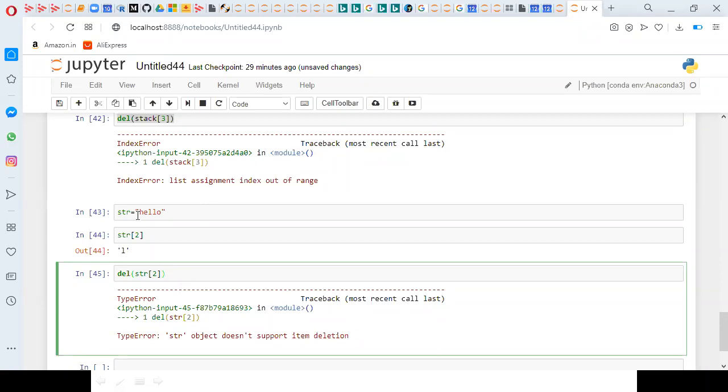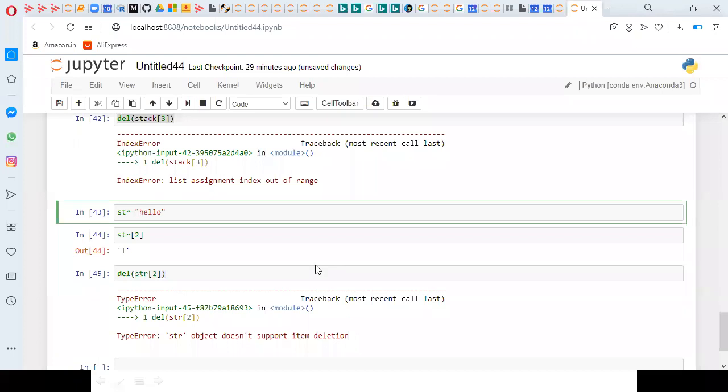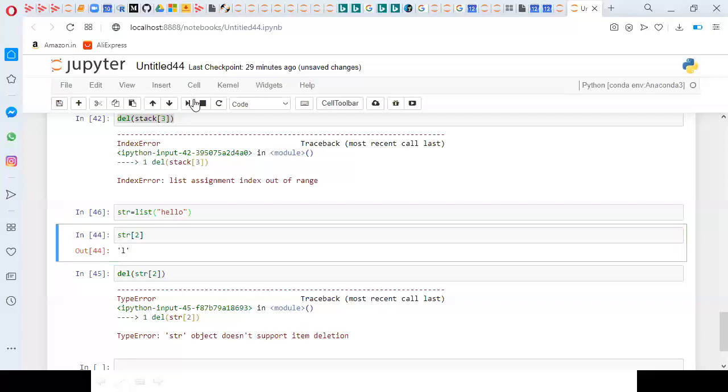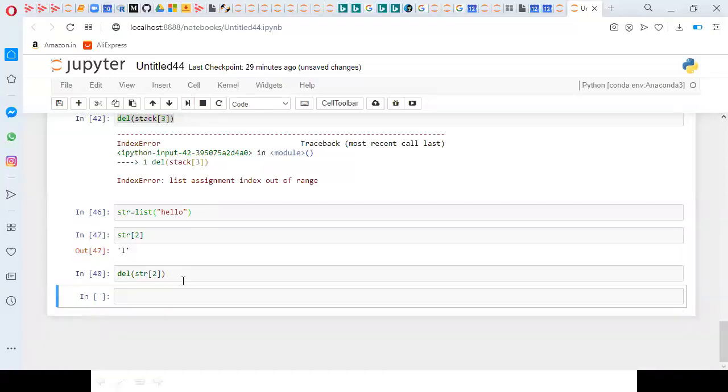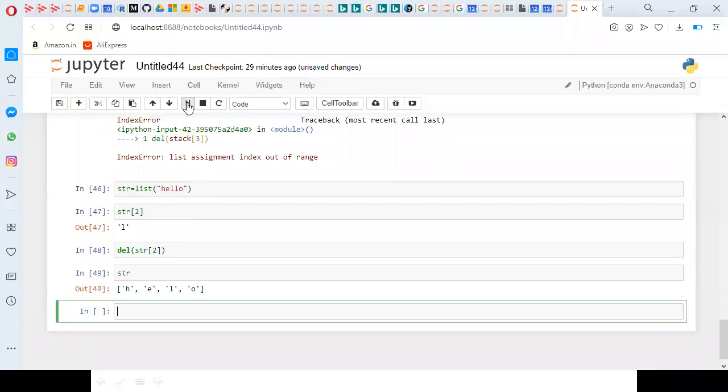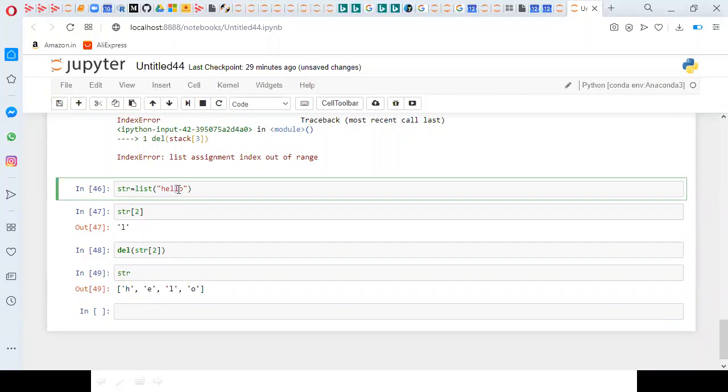If I convert this string into a list, nothing happens, and del of str of 2 works. If I type str, I don't have L: H, E, L, O. One L is missing.